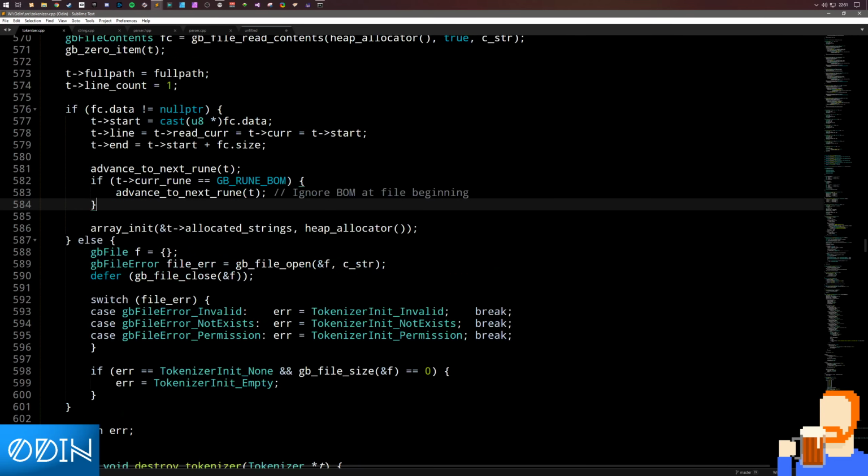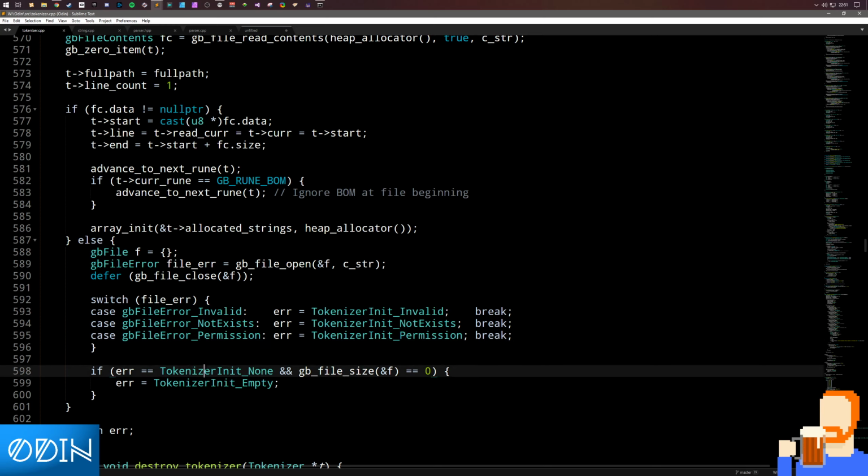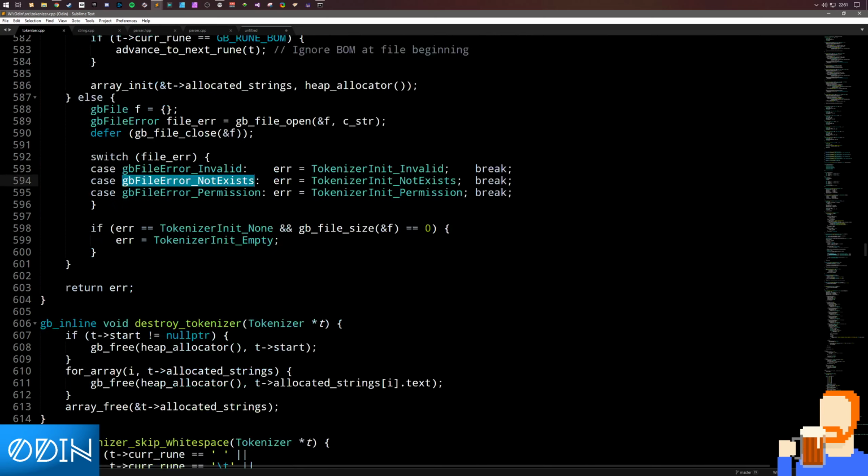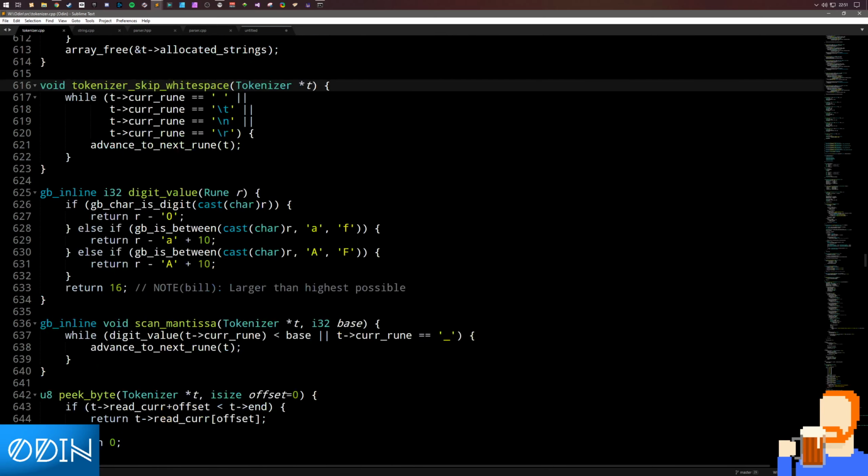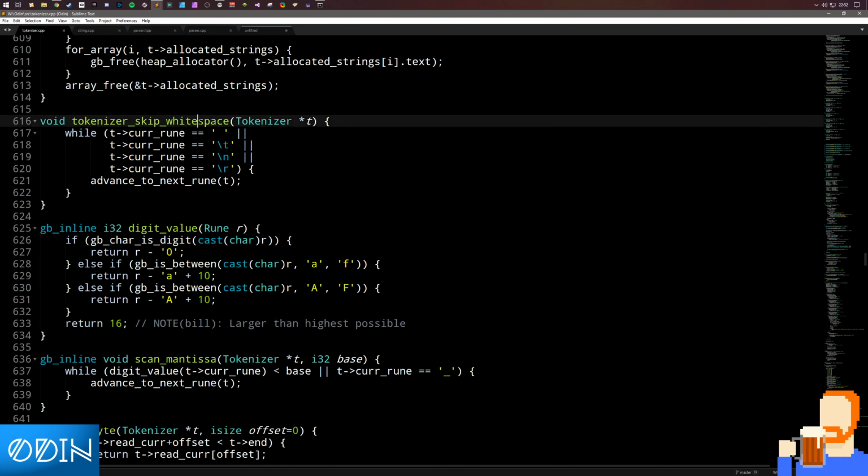Now, if there was a failure here, we just need to log it and tell what's wrong with the tokenizer, and so forth. So destroy the tokenizer here. So in Odin,